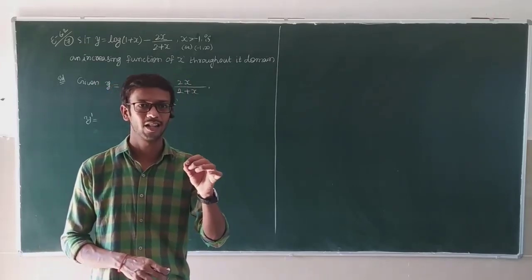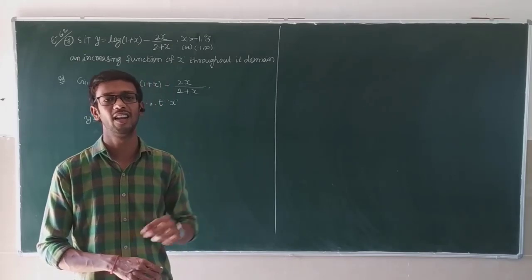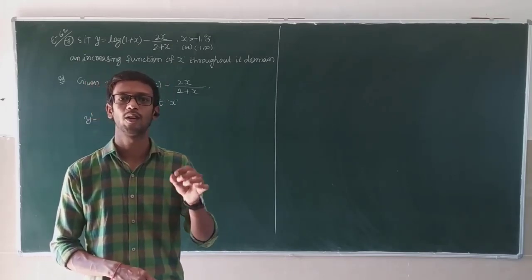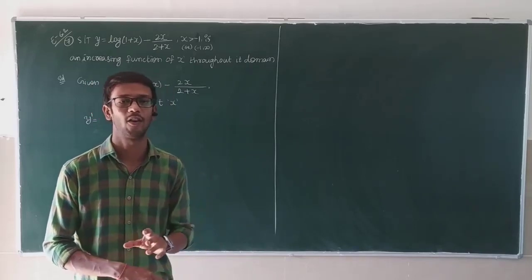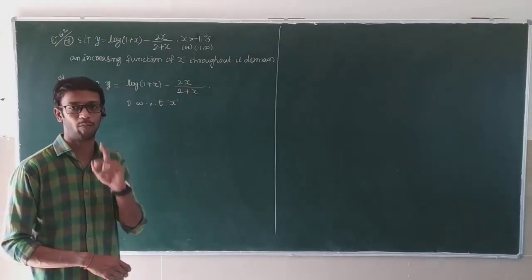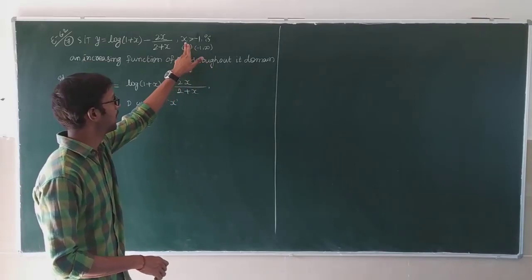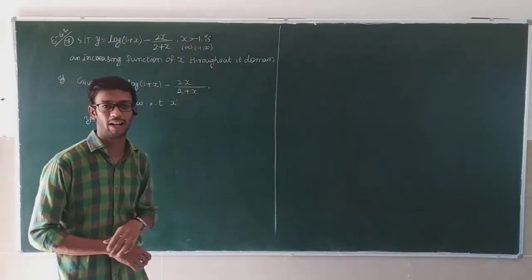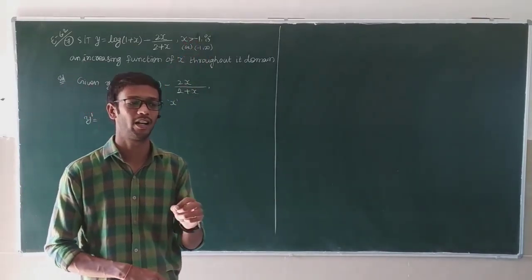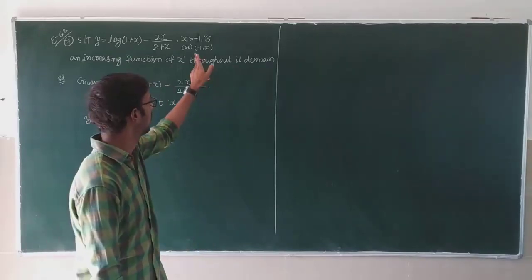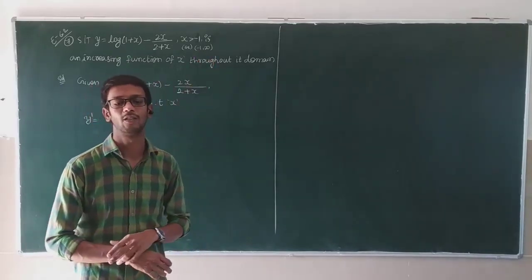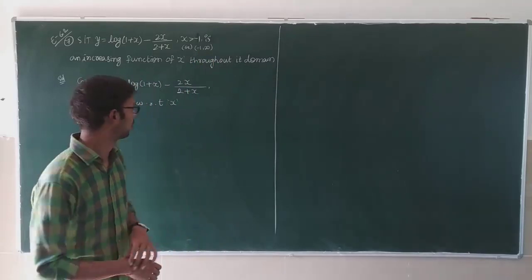Just greater than 0 means that it is strictly increasing. Greater than or equal to 0, if we show that, it is just an increasing function. Show that conditions, this is a type 1 problem. And the domain is x is greater than minus 1, which means minus 1, 0, 1, 2, and so on to infinity. So I can write that as minus 1 comma infinity also.